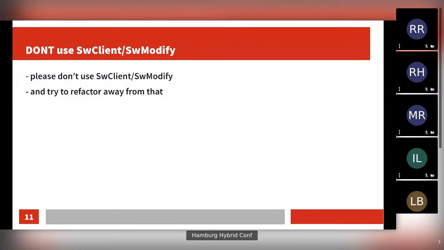There's one final call, please. In new code, don't use SW client and SW modify. And if you're in some specific corner of Writer and you're implementing a feature and you understood that corner of Writer well, please, if you can, try to get rid of SW client and SW modify in that particular